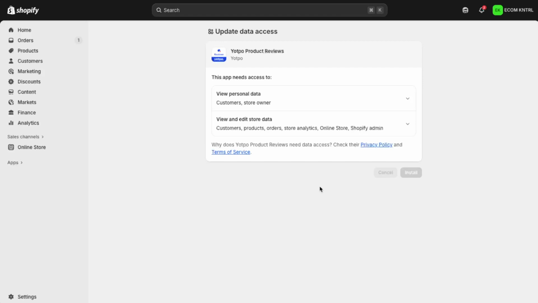From here, Yotpo will guide you through a simple onboarding process. Just follow the prompts on screen to configure basic settings, connect your products, and begin setting up how reviews will appear on your storefront. Once you complete that guided flow, Yotpo will be fully integrated and ready to help you collect and display product reviews on your Shopify